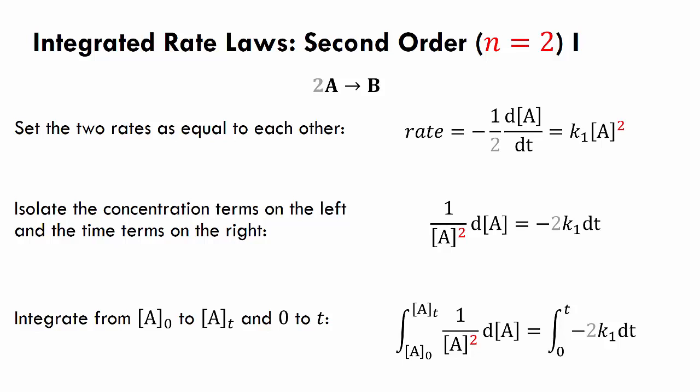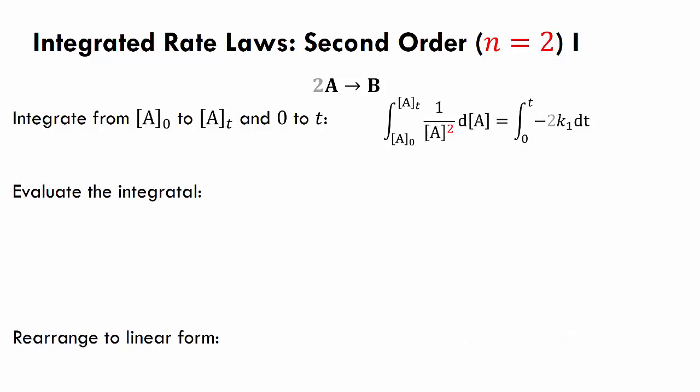We can now evaluate that integral in the bottom right. So we take that integral and we've separated out onto the left side, we have our concentration terms, on the right side we have our time terms, and we will integrate. The integral of 1 over A squared dA is just negative 1 over A. On the right, we have that 2 term that's come in, so now our integral, instead of just being negative kt, is negative 2 times kt. We can evaluate from concentration of A at time 0 to concentration of A at time t on the left,